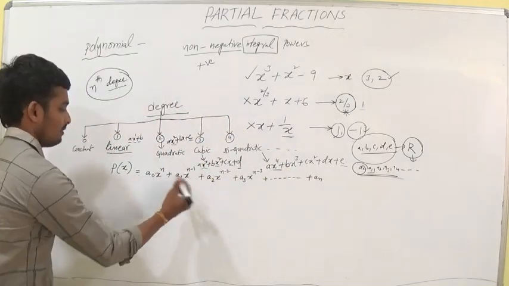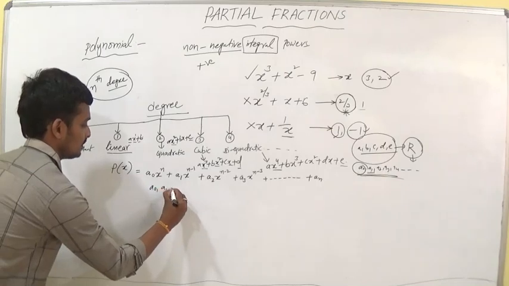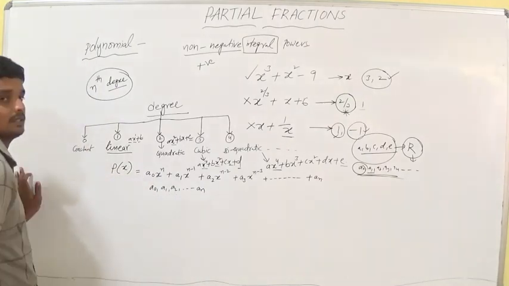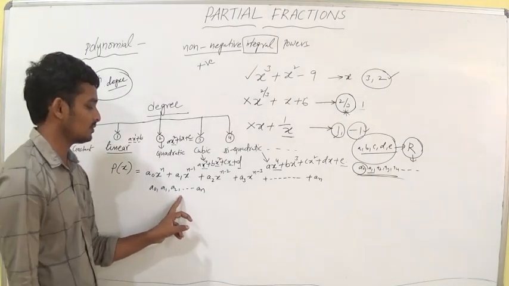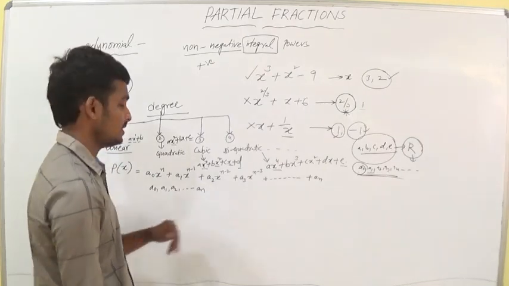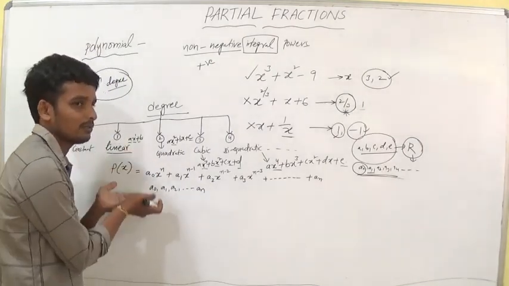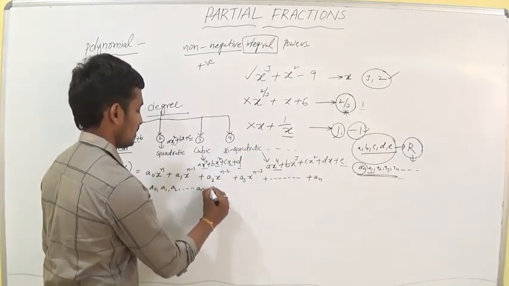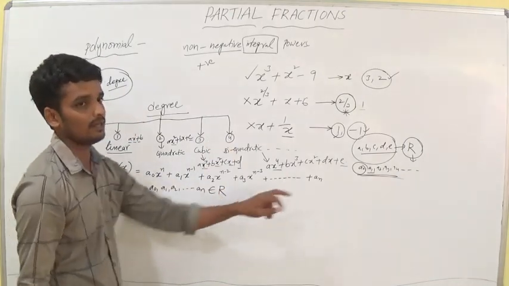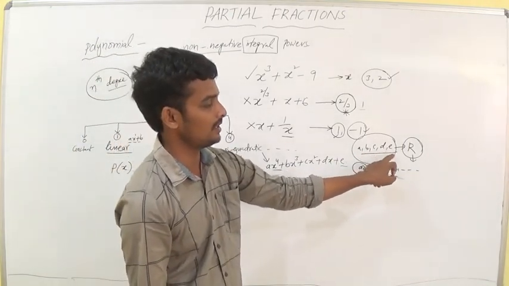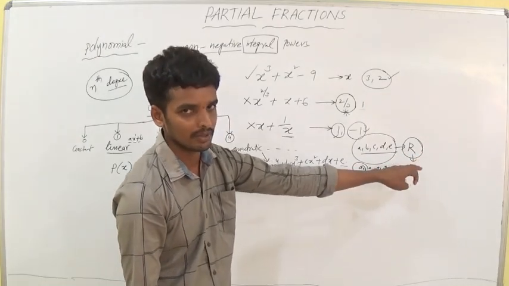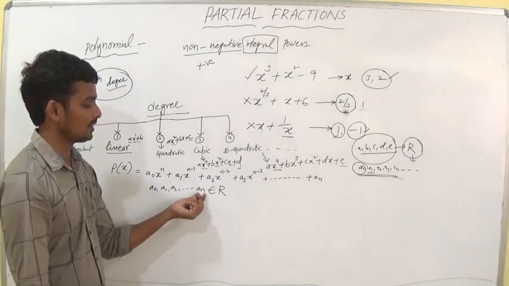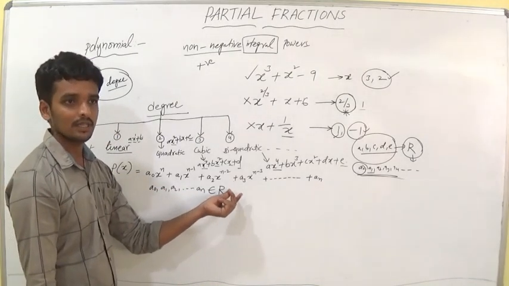Here, we have a doubt. What are a0, a1, a2 and so on, an? What are these? a0, a1, a2, a3, a4 and so on, an. You are telling me a0 is the exponent of x to the power of n, but that is not correct. a1, a2, a3, a4 all are real numbers. The same way, A, B, C, D, E belong to R, meaning real numbers. A real number is either rational or irrational. The same way a0, a1, a2, a3 and so on, an belong to R, a real number.